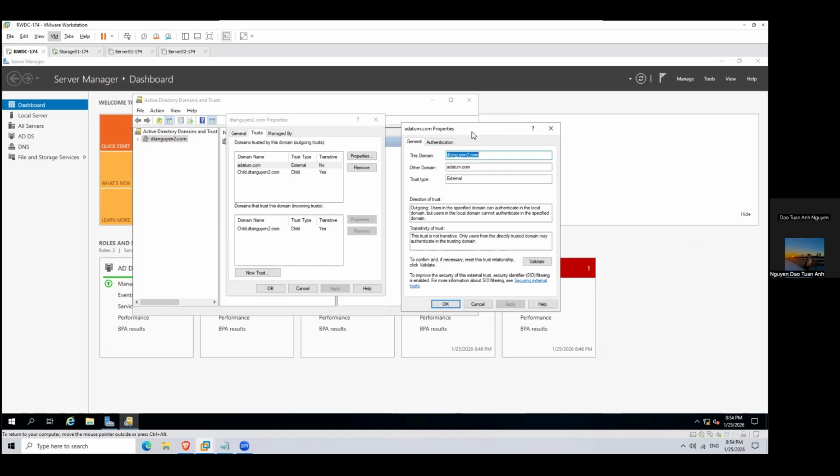So let me answer the questions for exercise 15.1. What tool did you use to create a trust relationship between two domains? The tool that I used is Active Directory Domains and Trusts. You access it from the Server Manager Tools menu. I right-clicked the domain, selected Properties, went to the Trust tab, and clicked the New Trust button to launch the